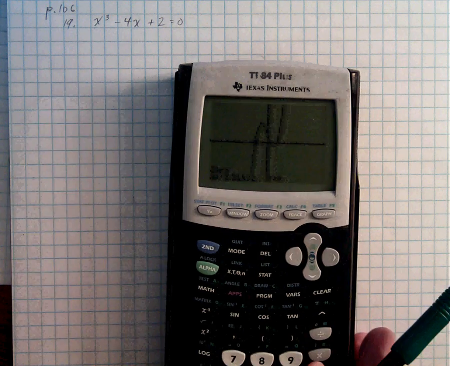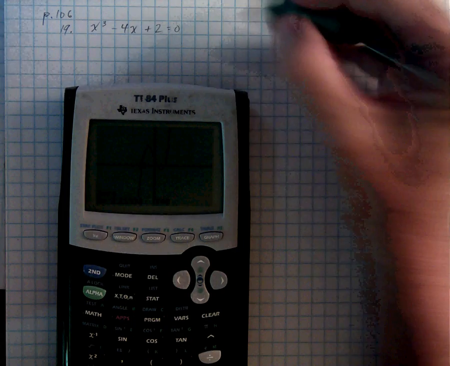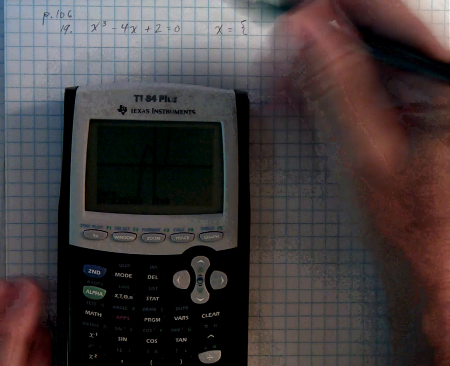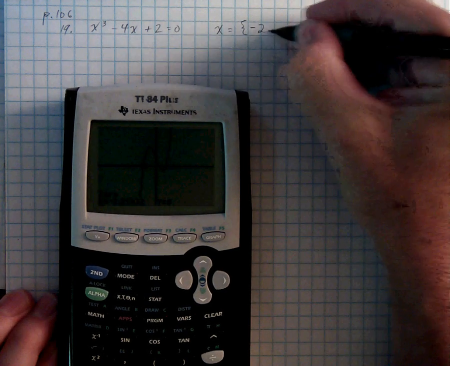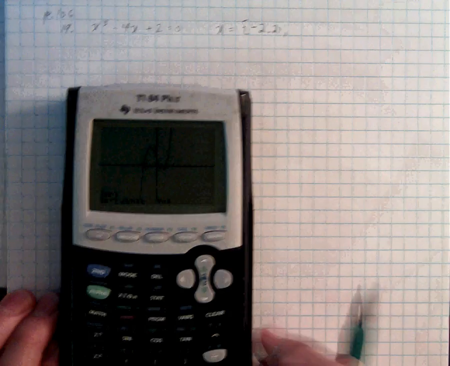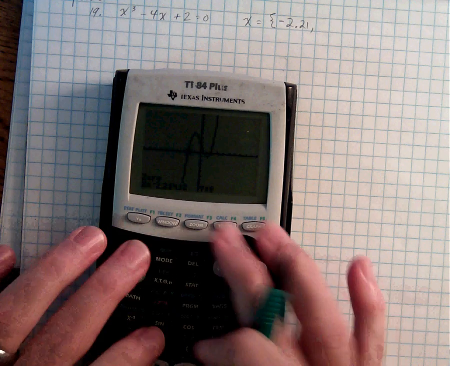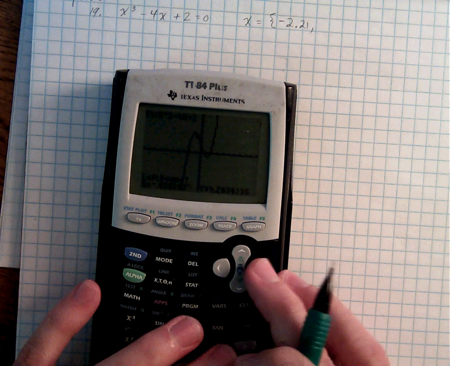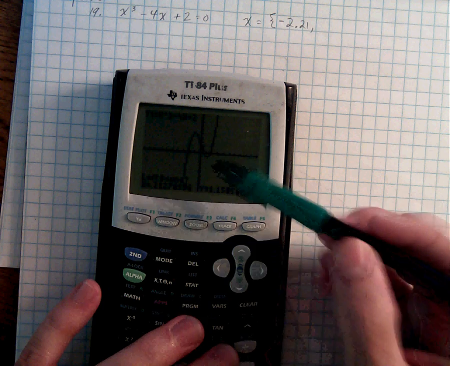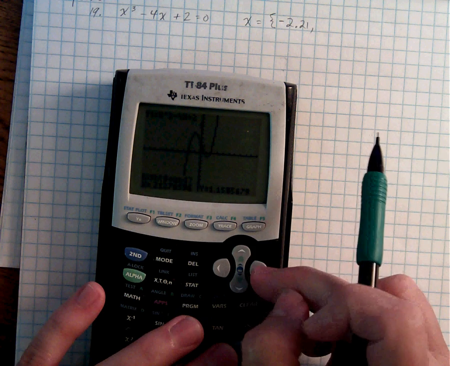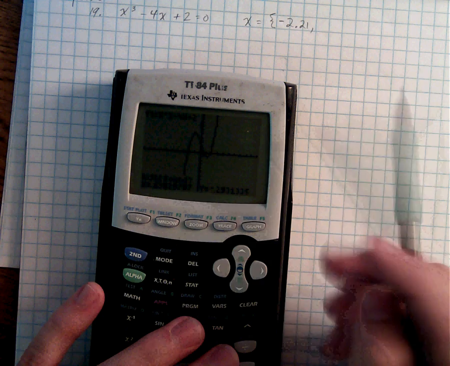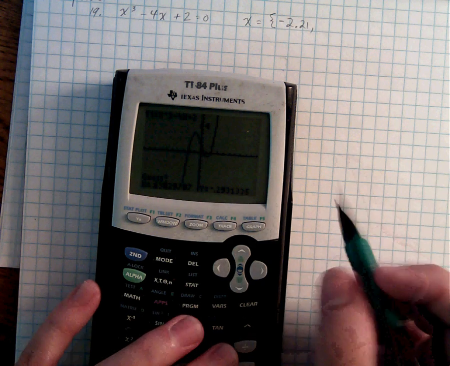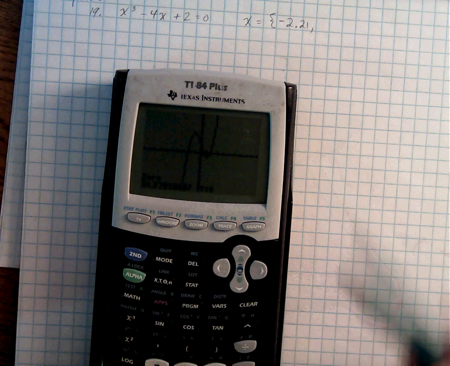So one solution, and I'll put the solution set in a brace here, is -2.21. Let's find the second one. Second trace, 0. I have to be to the left of it, so I'm going to get a little closer. Above it is to the left, so enter. To the right, go down a little below it. Enter, and then enter for guess, and it is